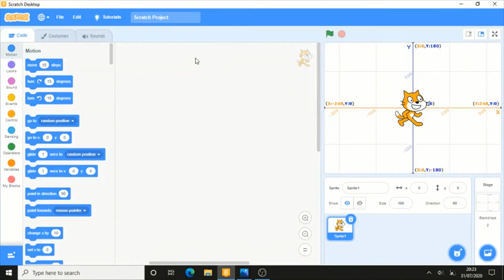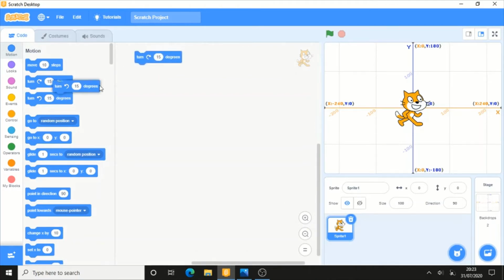So what we did were the manual changes. So what if we want the same changes to be performed by the computer? We have these two blocks, turn clockwise 15 degrees and turn anti-clockwise 15 degrees. What these two do is, the first block, turn clockwise 15 degrees, turns this cat 15 degrees clockwise, like that. So if I click on that,